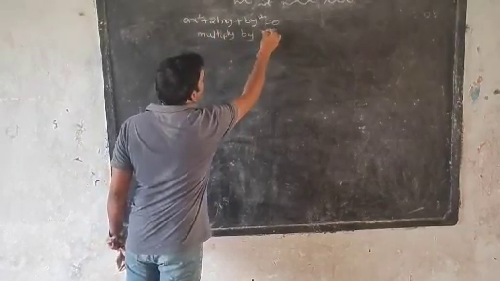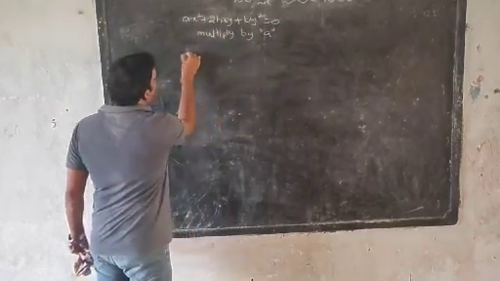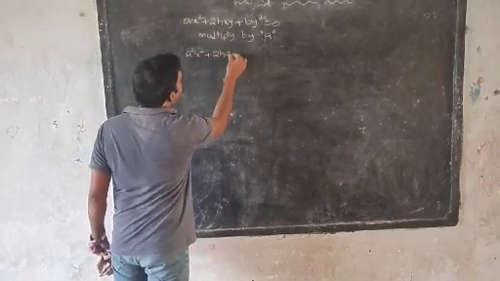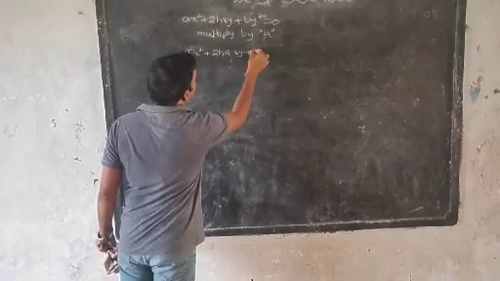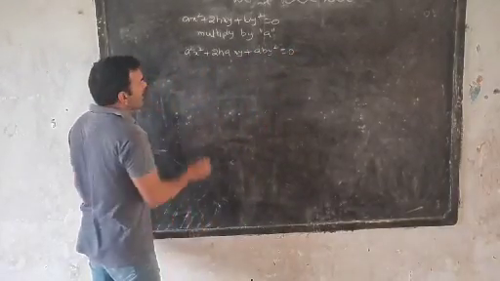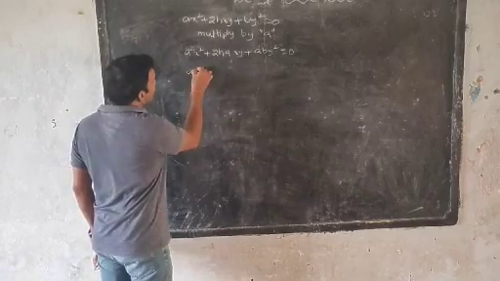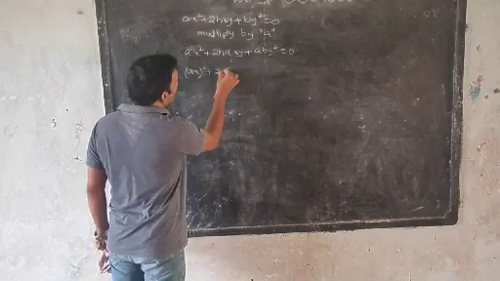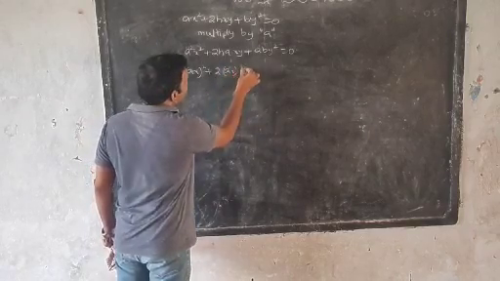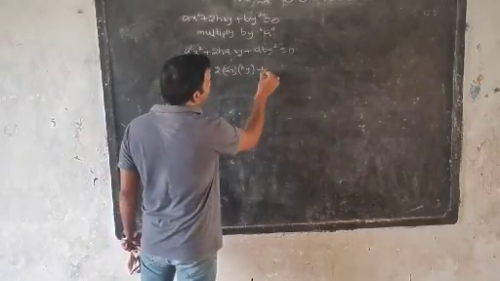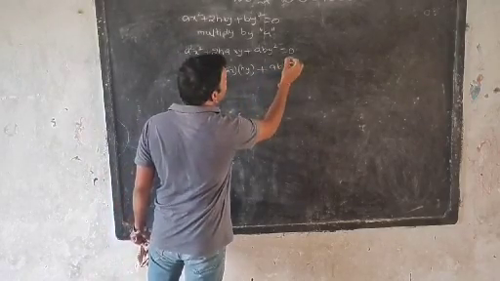Now I am getting a square x square plus 2ha xy plus ab y square equal to 0. I can write it as (ax) whole square plus 2 into ax into hy, two terms, plus ab y square